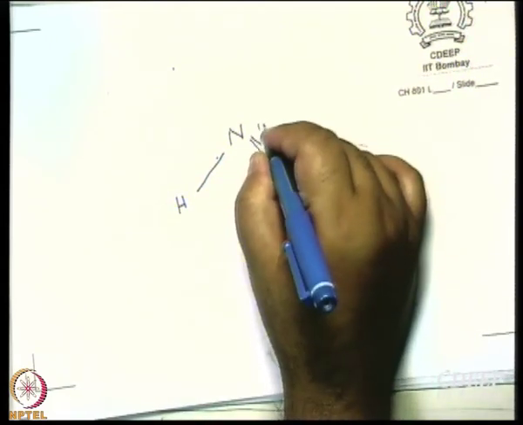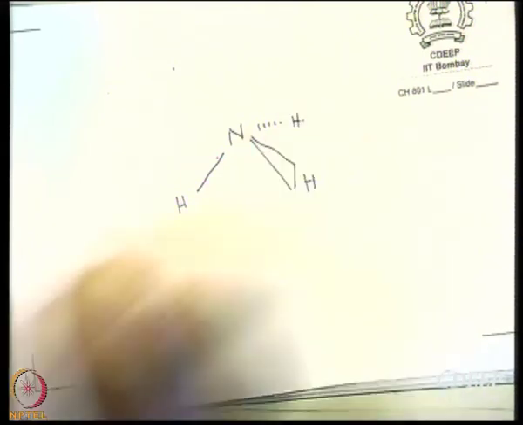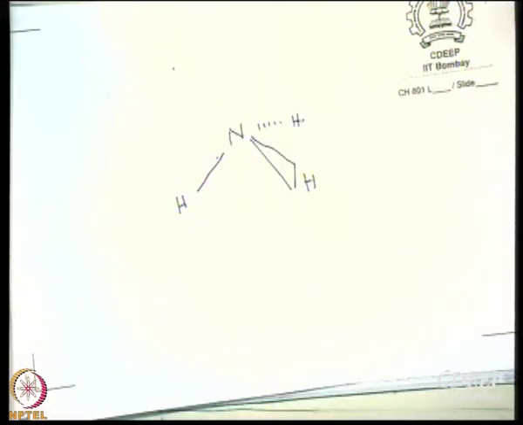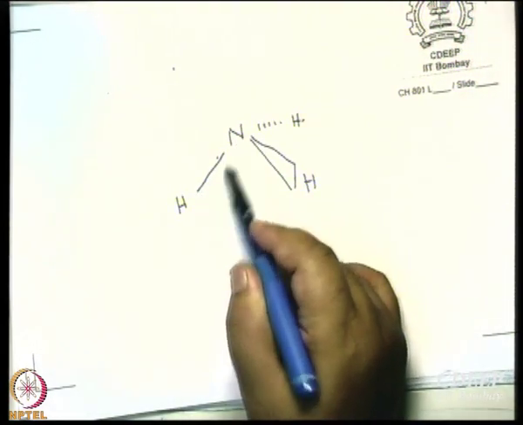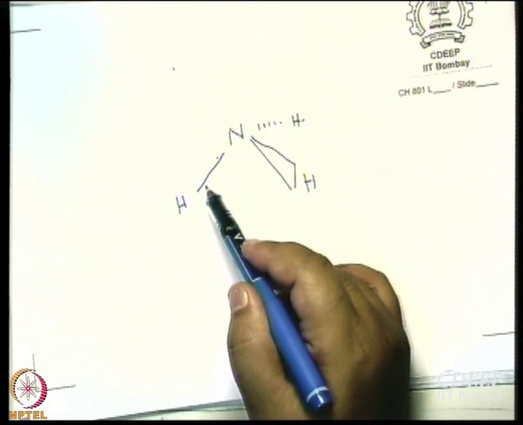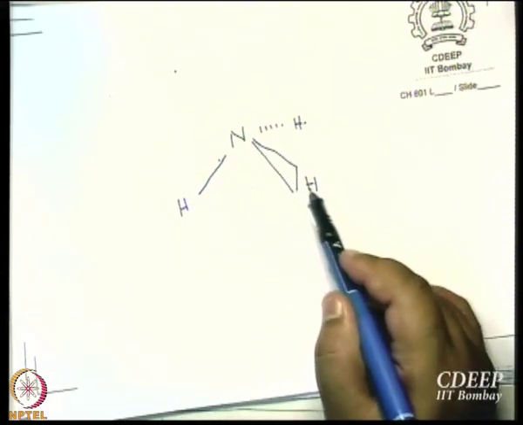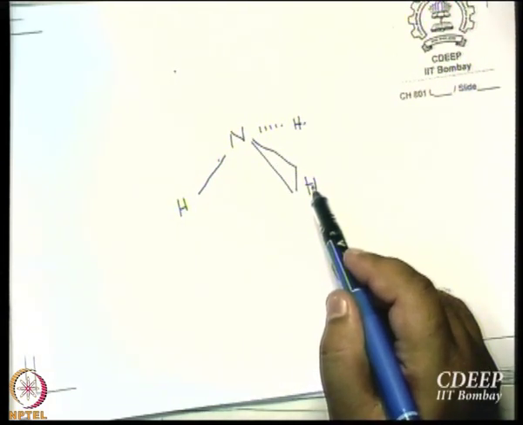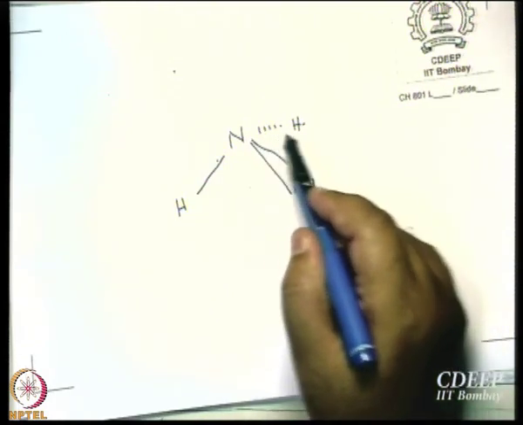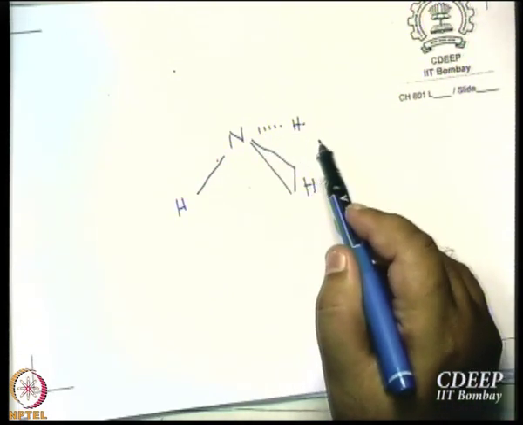This is the structure of ammonia, and I hope you can see it in 3 dimensions. One bond in the plane of the paper, one bond pointing towards you menacingly. The third bond is scared of you, it is running away behind the plane, right?